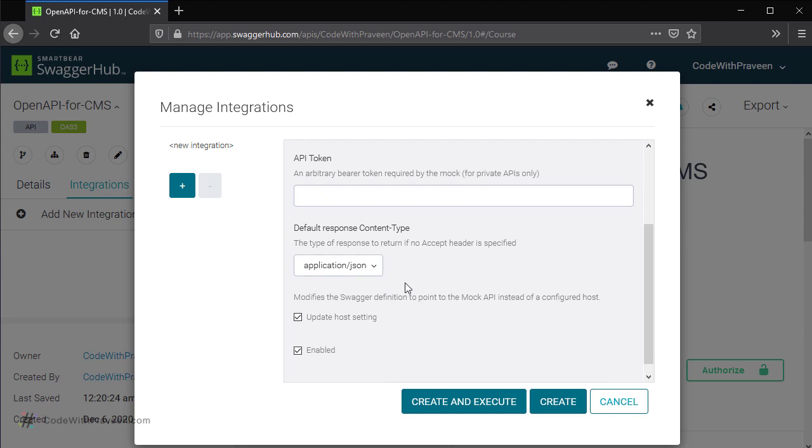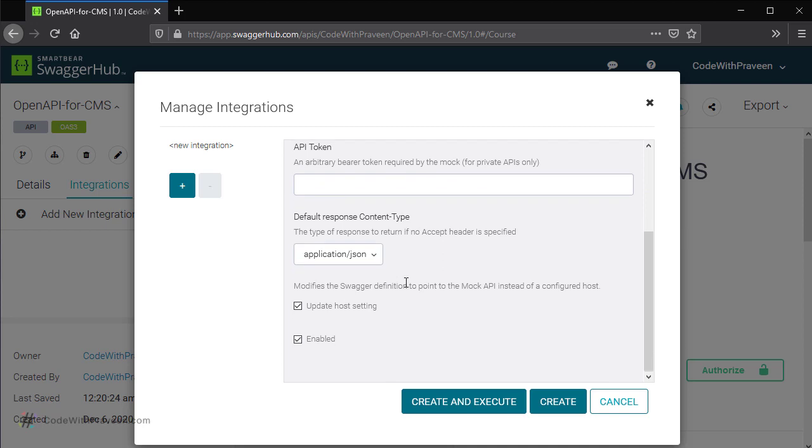Next, if you scroll down, you can see various other settings such as the content type and whether you want to update the host settings and so on. I'm going to leave everything as is because the update host settings is going to add this entry under the servers and the enable is going to enable this particular mockup server. You can create and execute or you can just create.